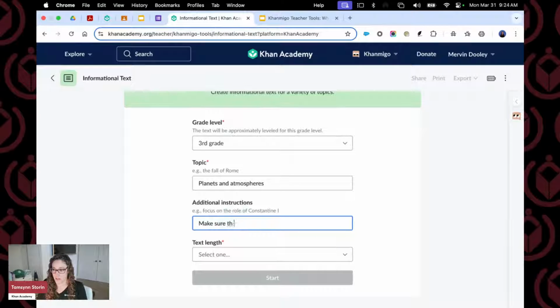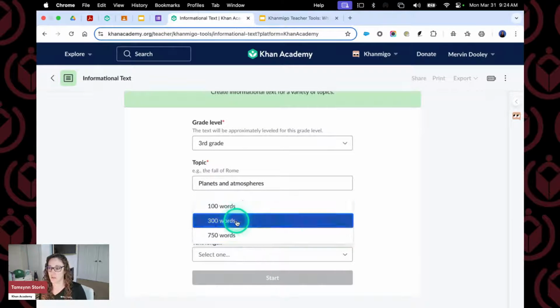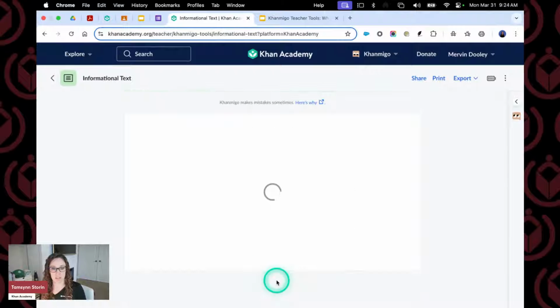Make sure the text includes a central idea, and explain how relevant details support that idea in the text, right? So I want to make sure it's going to have that, because that's what we're going to be focusing on in our standards. And I'm going to go with 300 words and click start.